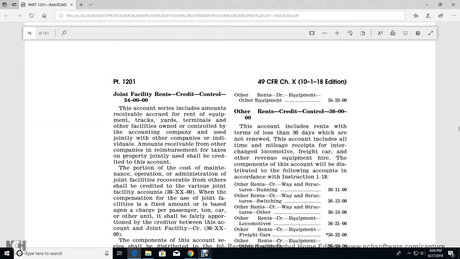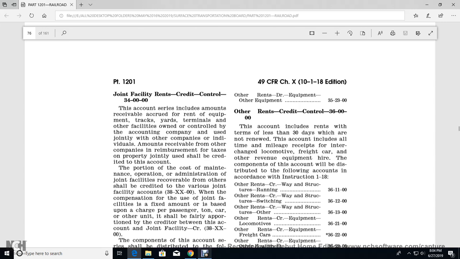Alright, joint facility rent, credit, control of the 340000. The accounts here include the amount receivable, recoverable with the rent for the equipment, the track, the terminal, and the other facility owned and controlled by the accounting company, either the joint company or the individual's amount receivable, other than company reimbursement tax for the property. Joint with the useful credit with the account with the portion of the cost of the maintenance of the operational and administrative joint facility